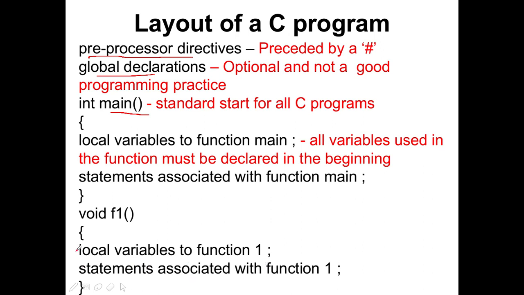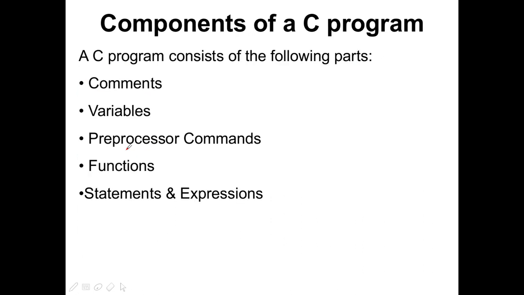Don't forget, the structure is what you should remember; that is why I have given this. There should be a main compulsorily, but the other function is optional. When you have a function, there will be a pair of curly braces within which you give all the statements related to the function. And you should declare the variables within the function. Those variables are called local variables.